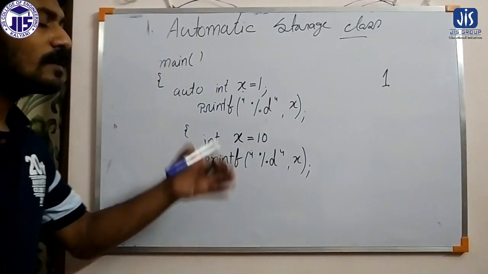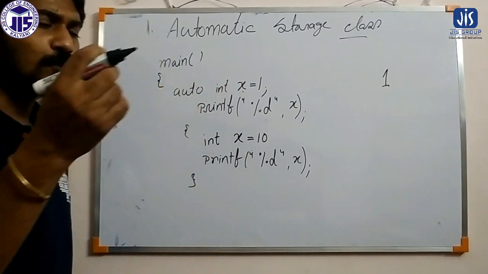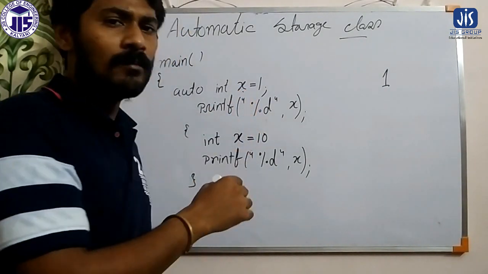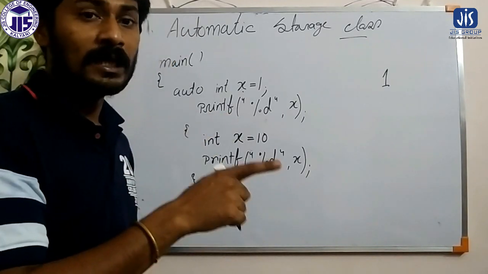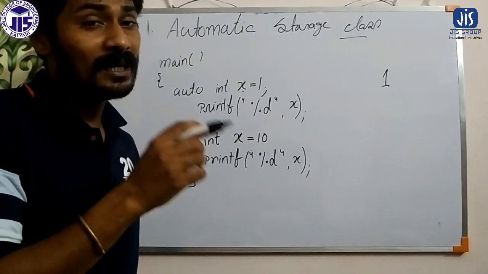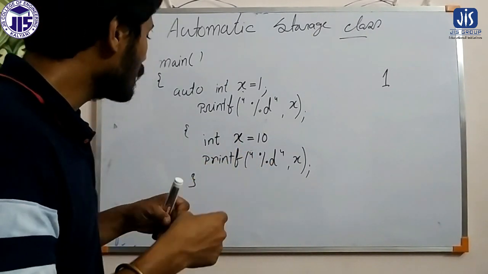So now if I execute the program, what will happen? The first question, is it possible? Can we declare two variables with the same name in the same program? It is possible if the declaration is in a separate block. Separate block means